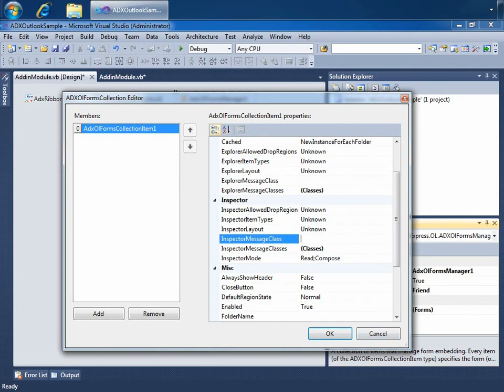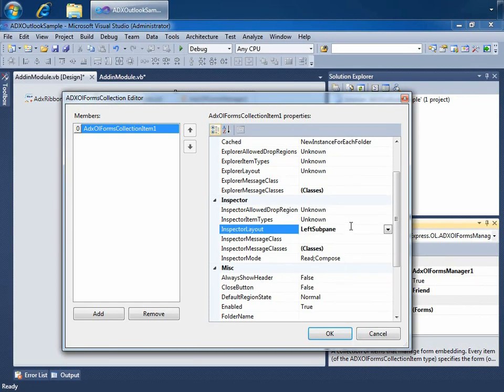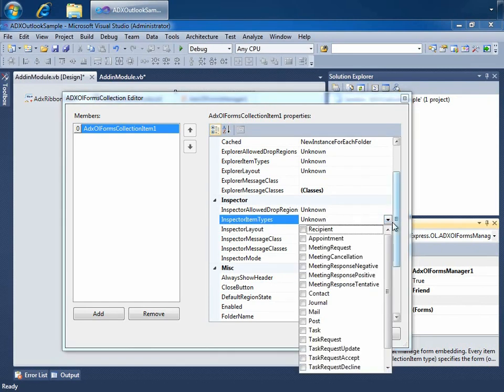We can also choose inspector layouts, if we want it to be in the top subpane, bottom subpane, right subpane, etc. Let's go ahead and choose this to be in the bottom, in the left subpane, and we'll just see where that goes. Now then we have the inspector item types, which are all of the default Outlook item types,